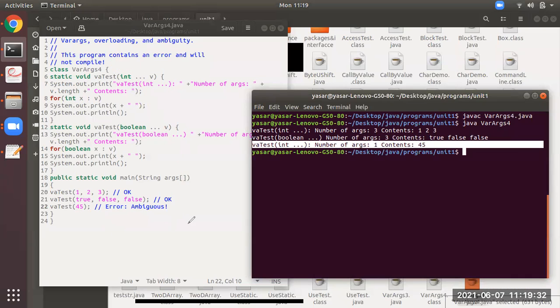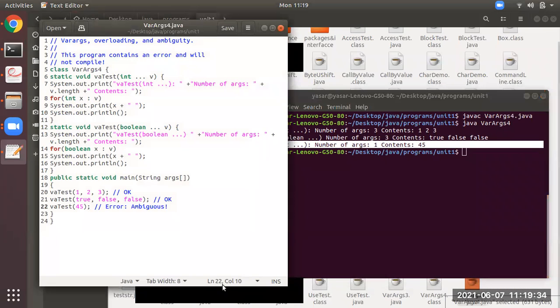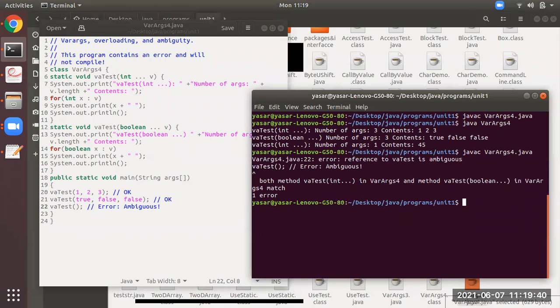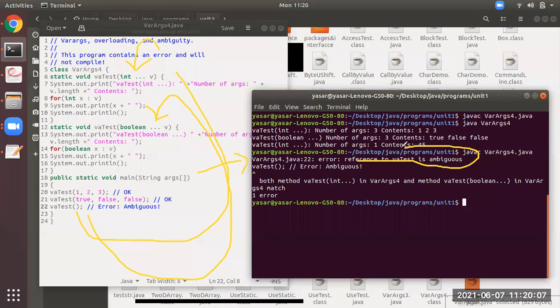But same thing, what to do is, just remove this. You will be able to see an error. See here. Why? Because empty means it can call anyone, either this or either this. So over here, it is not able to understand to whom it should actually call. Okay, so that is the ambiguity over here. You can see over here in the command prompt, line number 22, reference to test is ambiguous, confused to whom it should call. Line number 22 should call either line number 6 or line number 12. That is the confusion.